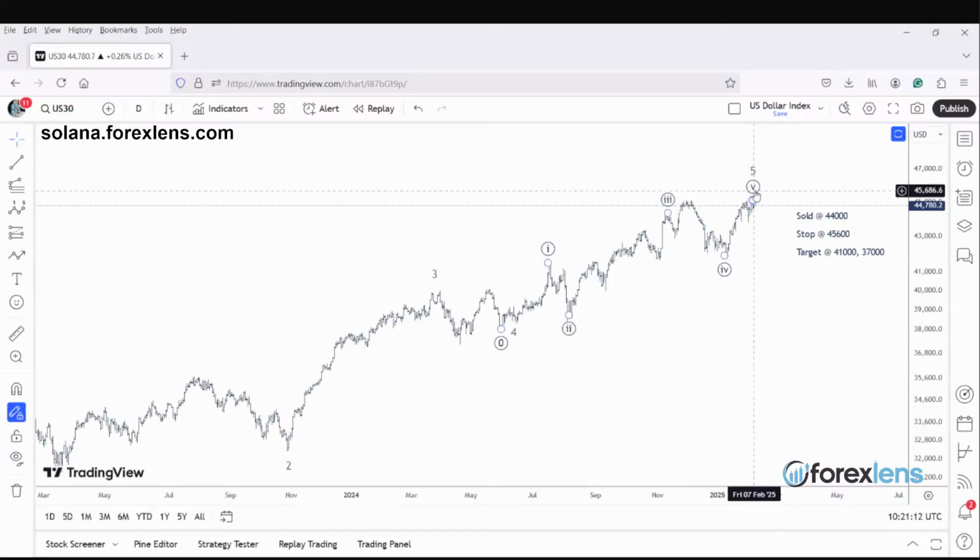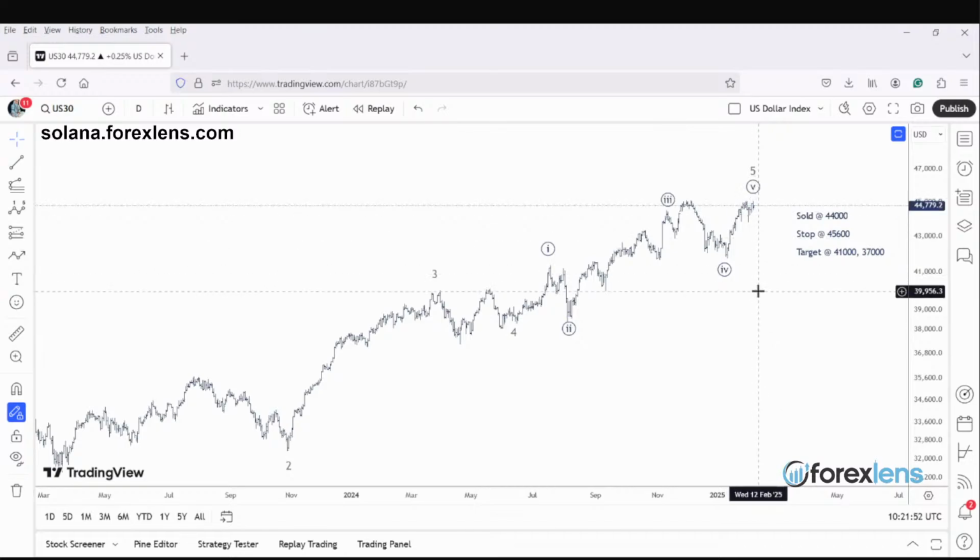Also 5 waves at a minute degree, the Roman 5. Then we step down further, 5 waves at a minute degree, which I have not drawn here or not labeled. It will be numeric again, but it will be brackets, not circle. And there would be one more 5 over here, like bracket 5, which would be the intermediate wave 5. So at least 4 degrees of 5 waves are terminating, either terminated or just about to terminate around the 44,000